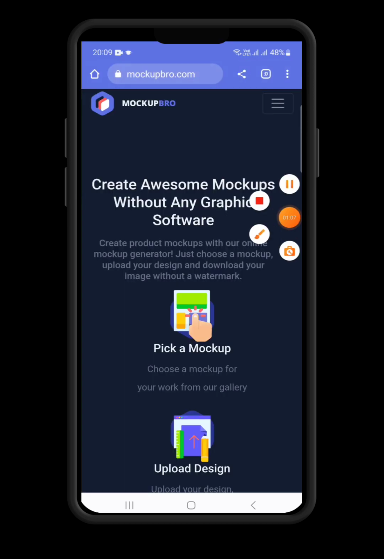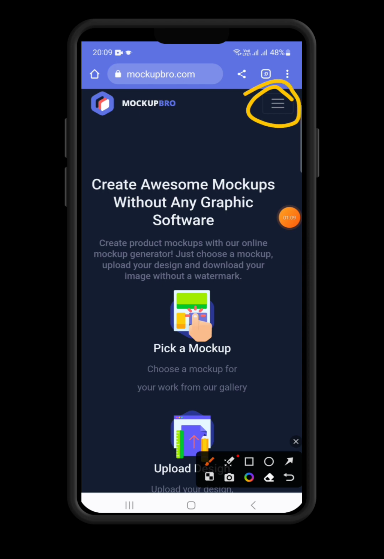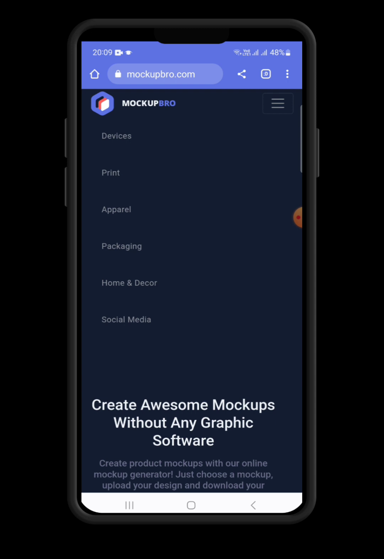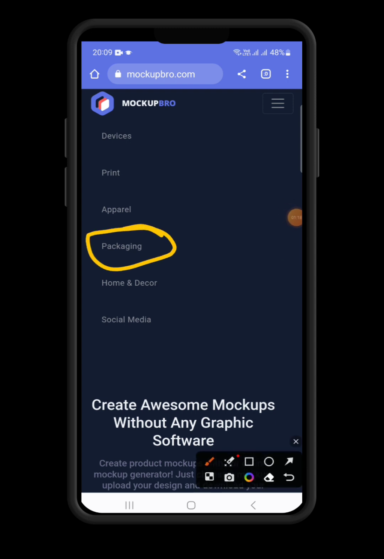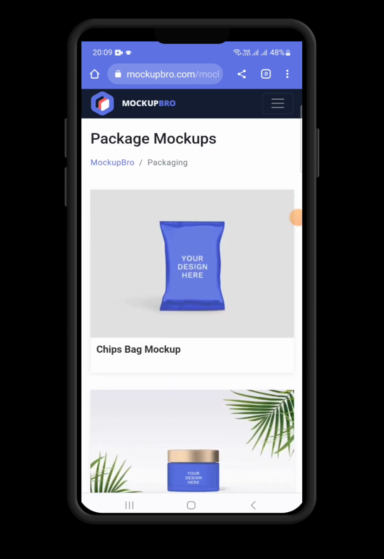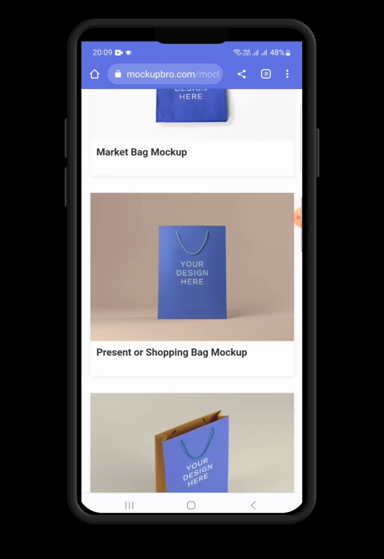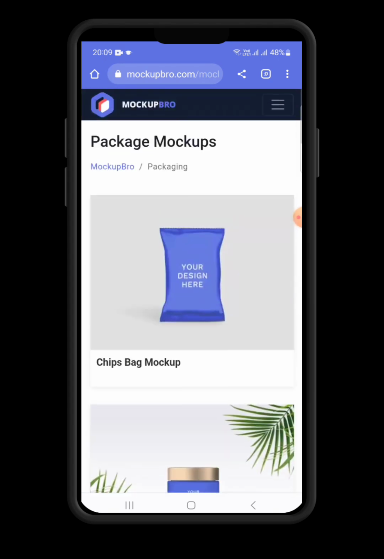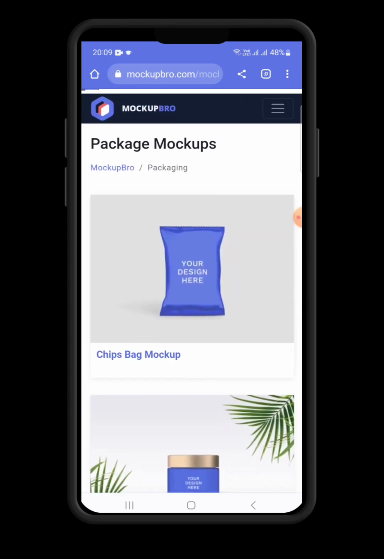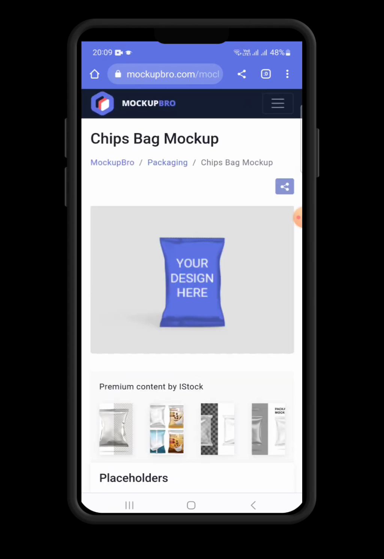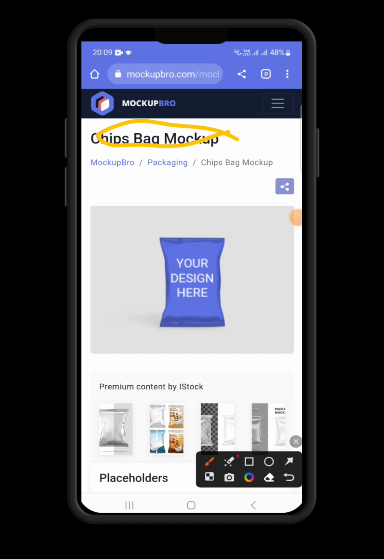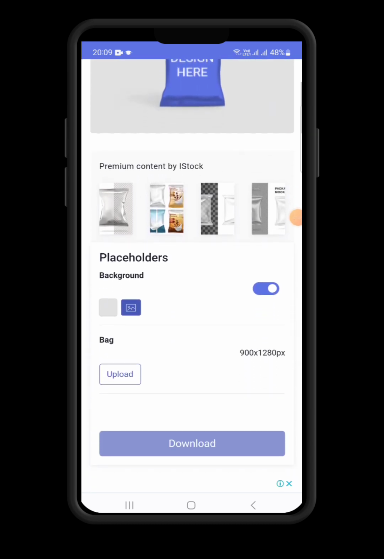Alright, so I'm just going to come up here to the 3 lines that you can see. Just click on those 3 lines and you will see packaging. Okay, so click on packaging and you see different types of packaging mockups, but the one we want to use is this one. Okay, so just click on this one, the chips bag mockup. You can see the name here. So I'm going to click on it, then scroll downward,